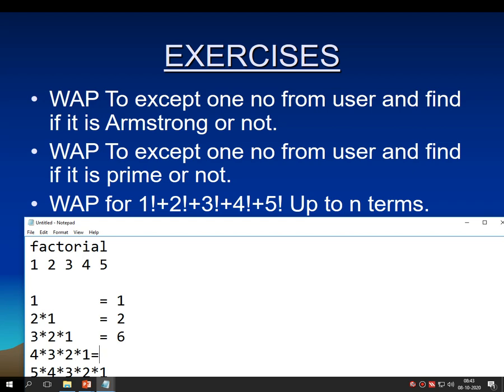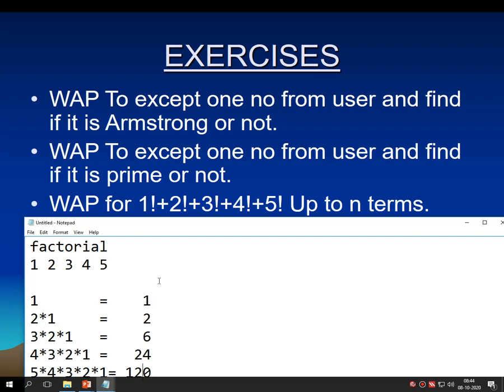Value of this one is 4 into 3 is 12, 12 into 2 is 24, and the value of this one is 5 into 4 into 3 into 2 into 1. It's 120. Right? So this would be the final number.